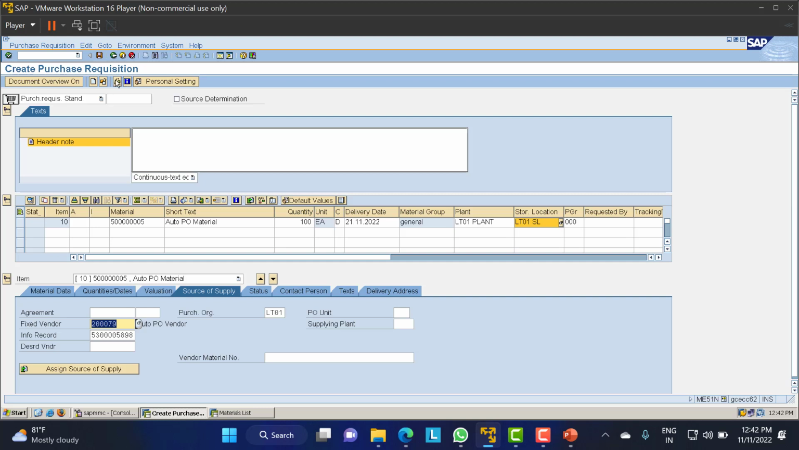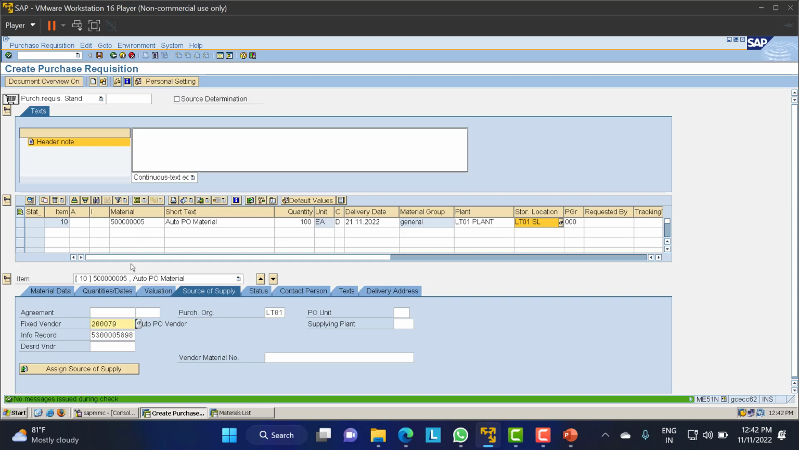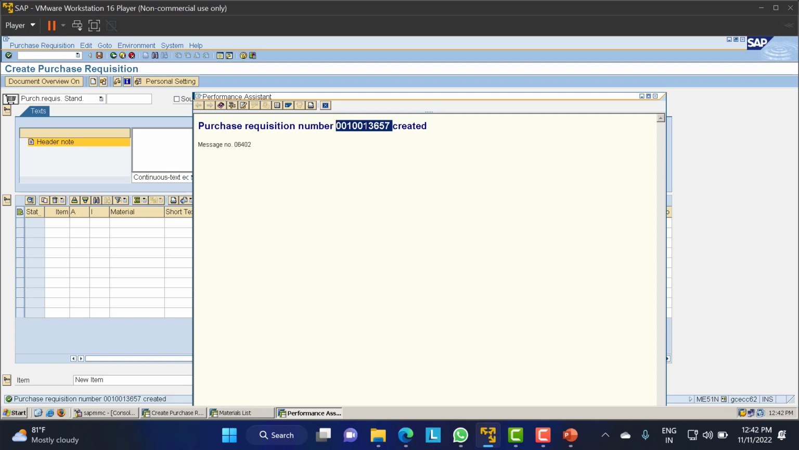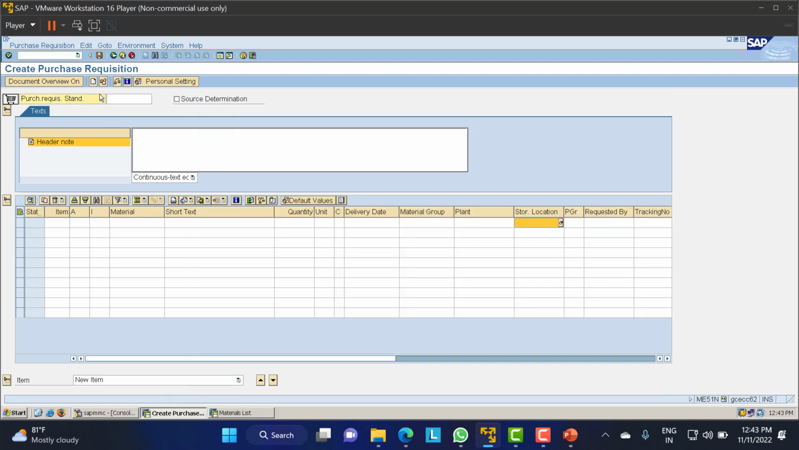Just check this PR whether it is correct or not. There are no messages during the check. Just save this. So when I saved this, this is the PR which I have created. Now I'll just save this PR somewhere else. And the next step is creating the PO from